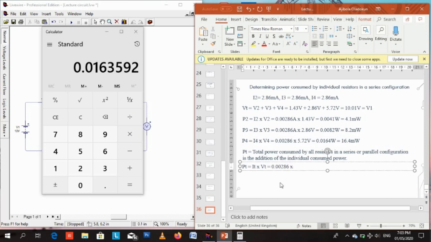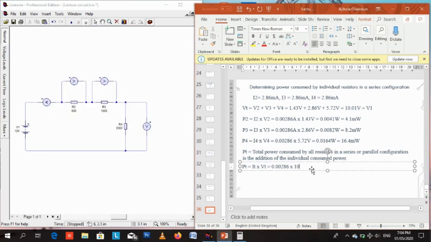So now VT is the total voltage. Remember our VT is 10 volts. It is the voltage supplied to the circuit, the battery source, the DC voltage source. So that's 10 volts. Let's just make it 10 volts. So this 10 volts is this battery, this 10 volts here from the battery. So 10 volts multiplied by that, and the current is